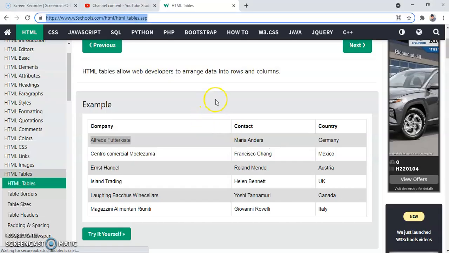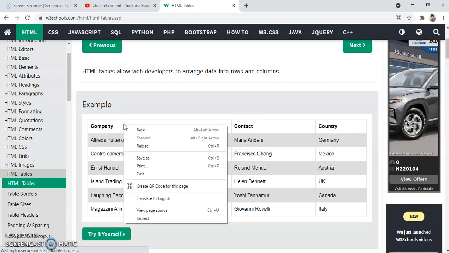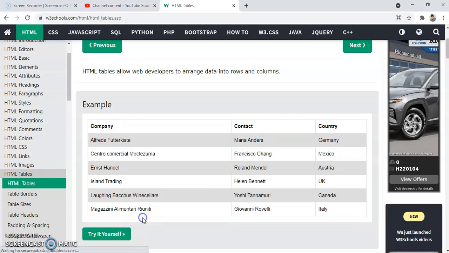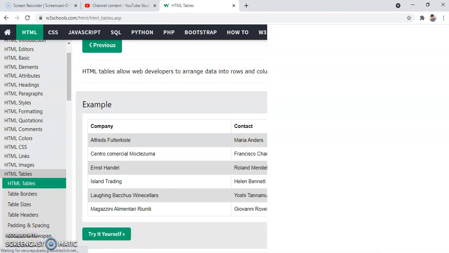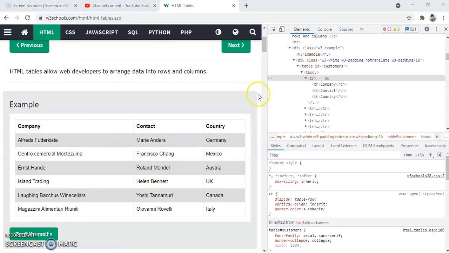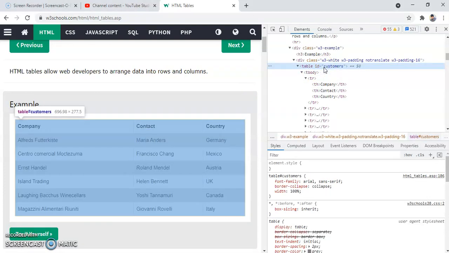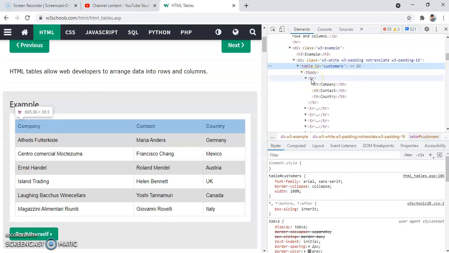So for that I have to inspect this table. Let me just inspect it. If you see, the ID of this particular table is customers, and inside this table we have tbody, that is called as table body, and inside that we have tr.